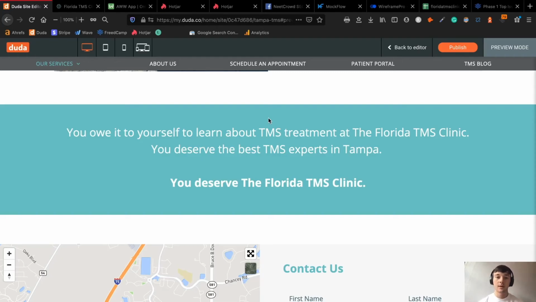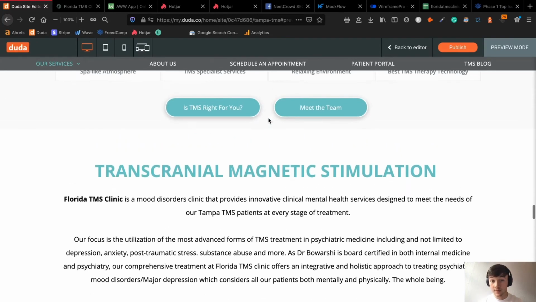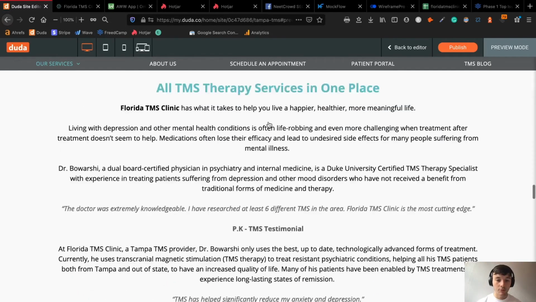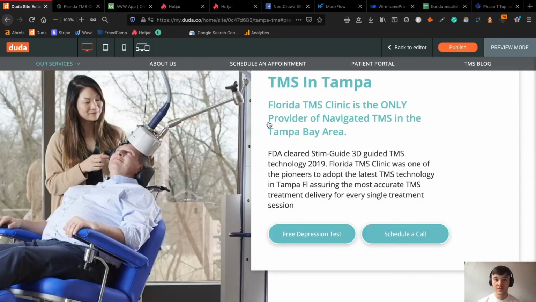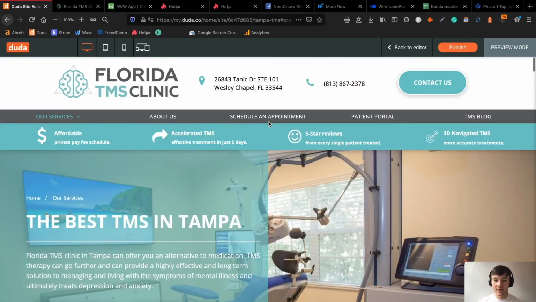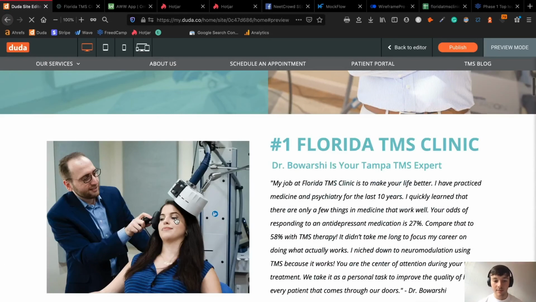Once you've done that SEO, it's about how you can build the website in a way that will convert customers. And going back to the analogy earlier with the restaurant, how can you improve your restaurant? Going back to the website, how can you improve the page speed? How can you improve the call to actions? How can you adjust the images? How can you adjust the website messaging? How can you navigate users? Thinking from a customer's perspective, how can you navigate users to the right places, like a free depression test, or asking if TMS is right for them, and actually informing them